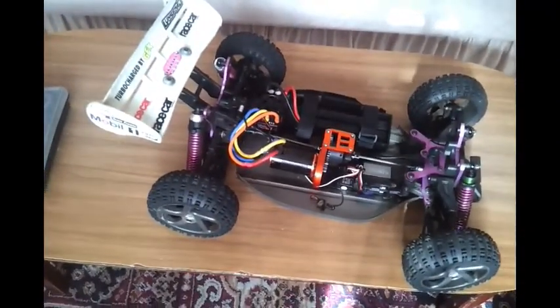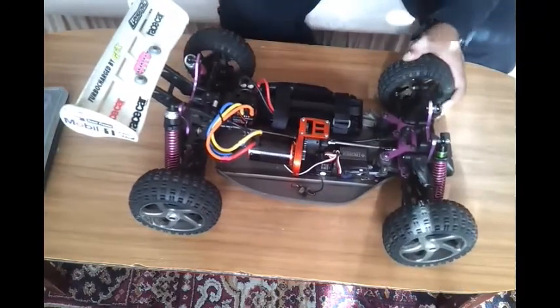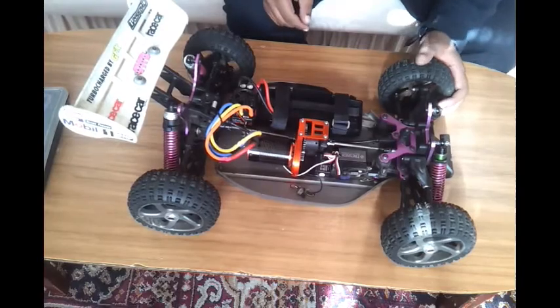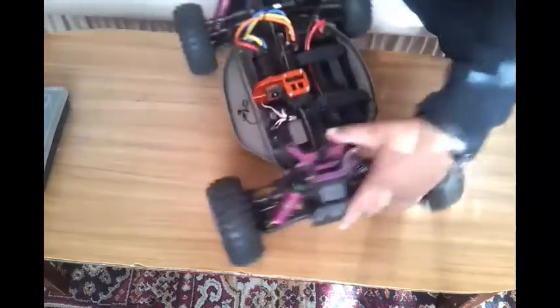Let me sort the camera out a little bit because it's getting a bit edgy. I don't know what else to say really, because I didn't find it too hard, and it works well. I've had no problems with it so far. I have ordered some. Oh yeah, another thing that's worth mentioning is